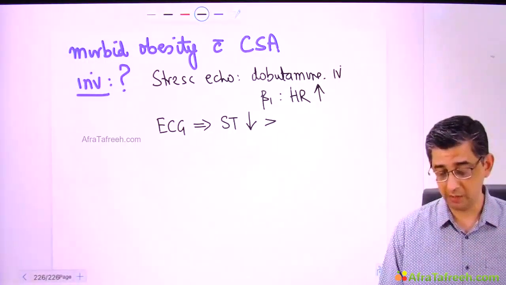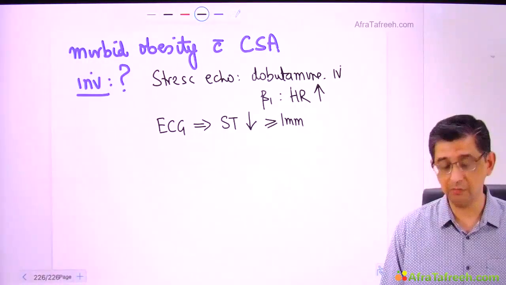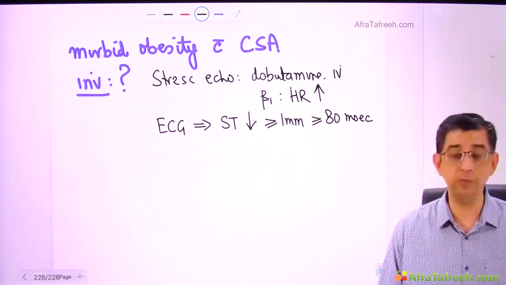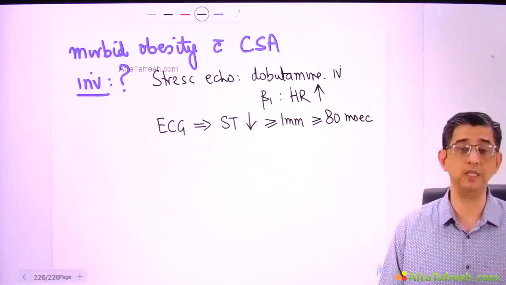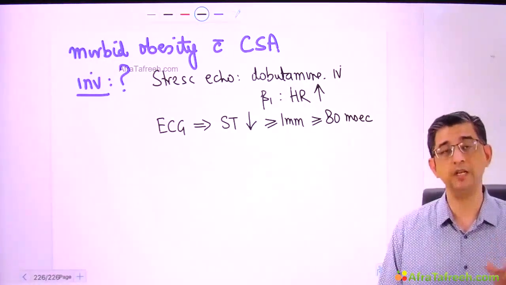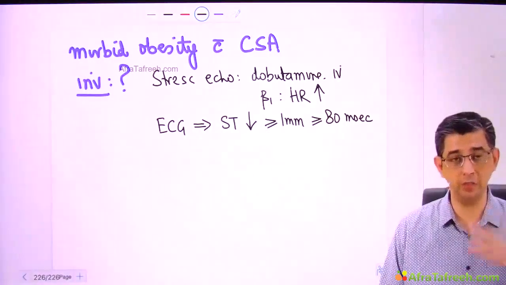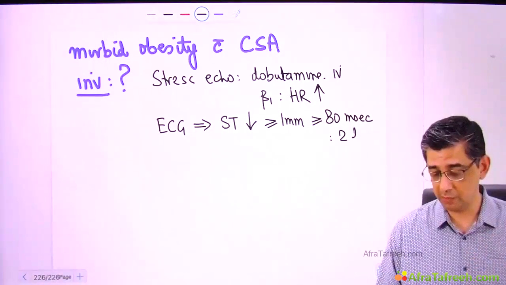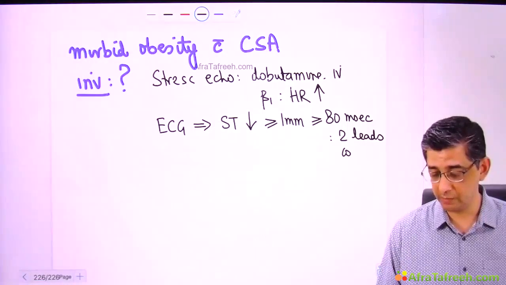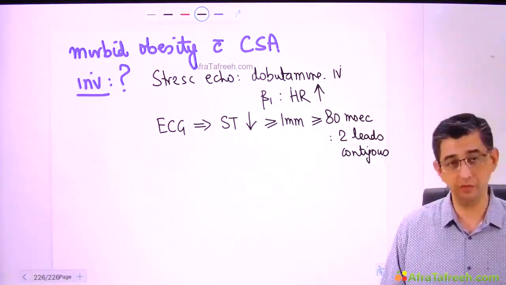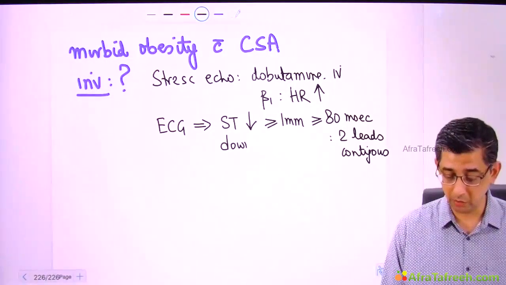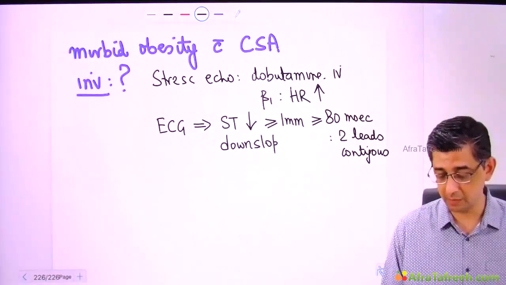The magnitude of ST depression should remain the same. It should be at least 1 millimeter. It should persist for at least 2 small squares in the ECG, that is 80 milliseconds. So lots of times you will read the word ST80 positive. When you read the word ST80 positive, it means right from the J point. J point is the isoelectric point. From that point, there should be ST segment depression. This should always be present in 2 contiguous leads. What I imply by 2 contiguous is that it could be, for example, V1, V2 or V3, V4 or V5, V6. And I also want to highlight that ideally it should be a downsloping or a horizontal but not an upsloping ST segment depression.